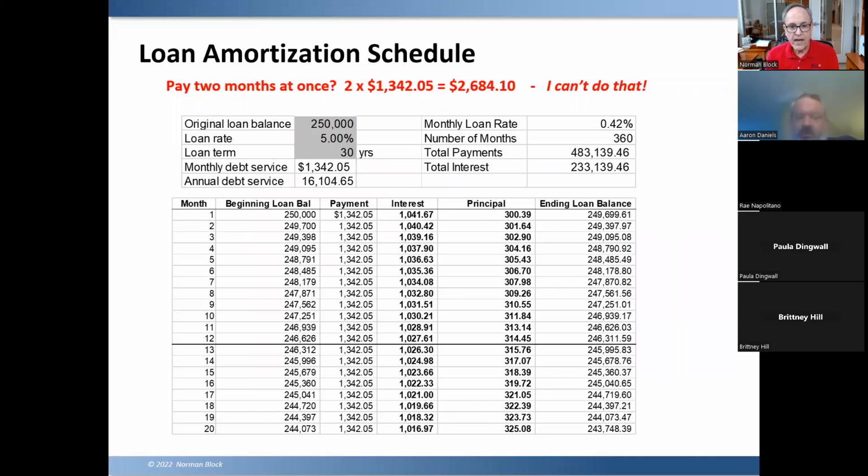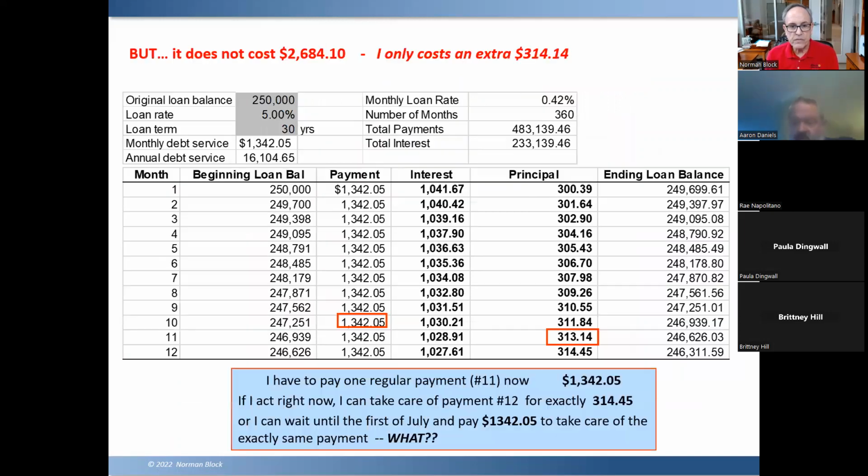Well, when they say that, they don't understand how a mortgage works. You see, here's the deal. To make 2 payments a month, it doesn't cost $2,684.10. It only costs an extra $314.14 in the illustration I have in front of you. What? Yep. Let's say that we're on payment number 10, and by the rules of our documents, according to the